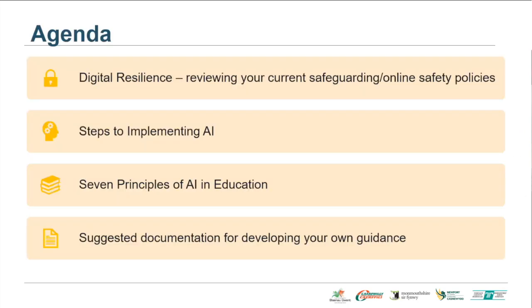So tonight's session, we're just going to cover off four things. The first is we're going to look at digital resilience and making sure that our online safety policies and our safeguarding policies are robust and that we are safe as a school. We're then going to look at how we go about implementing AI into our school practice. So not just running straight in 100 miles an hour into using it, but carefully considering the steps we would take to implement the use of artificial intelligence. Then we'll look at the 7 principles of AI in education and how they can support your decision making and your thinking. And then at the end, I'll suggest some documentation that you may want to review in order to